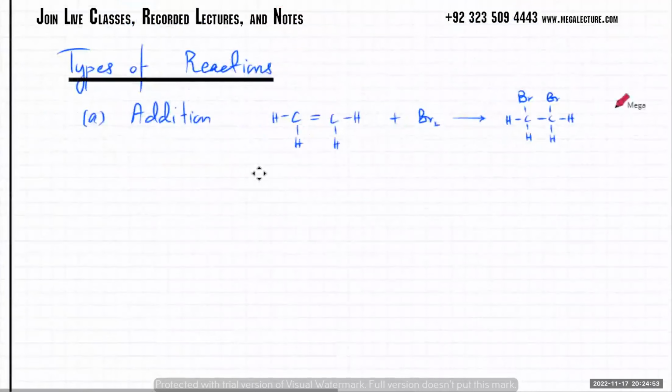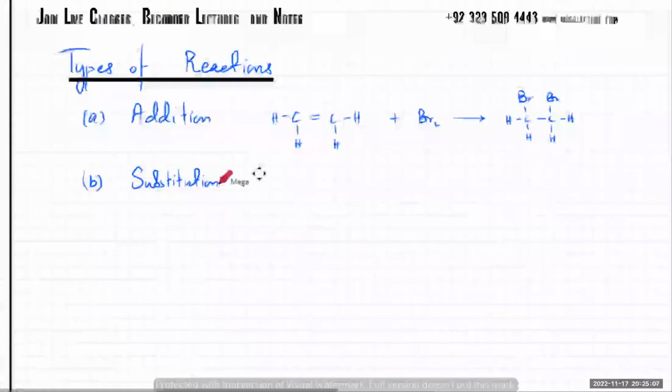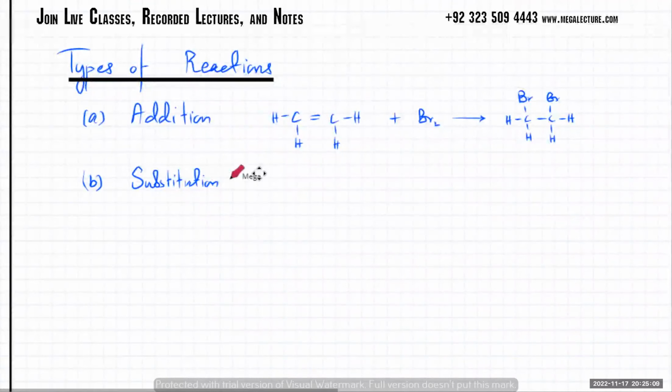Then you got the second one, substitution. सर एडिशन रिएक्शन सिर्फ तब होता है ना जब कोई डबल बॉन्ड हो या ट्रिपल बॉन्ड? Addition, हाँ वैसे तभी होगा. ओके देखो पढ़ेंगे, बाद में पढ़ेंगे. अच्छा, substitution reactions are where one thing gets substituted by another thing. For example, if I have H's attached to it,